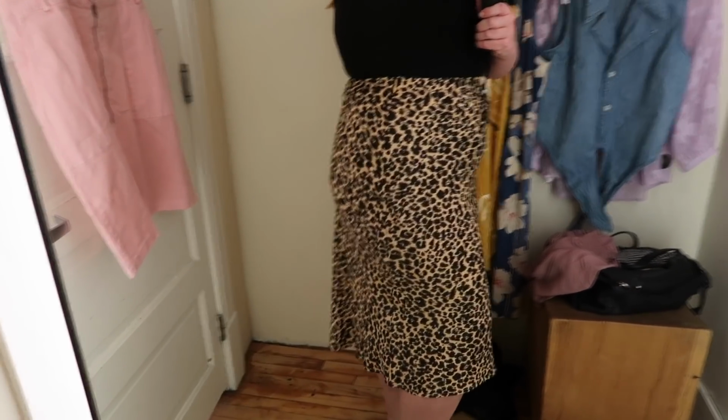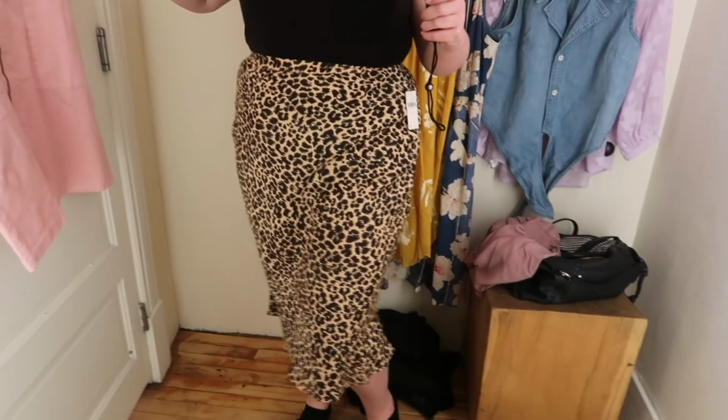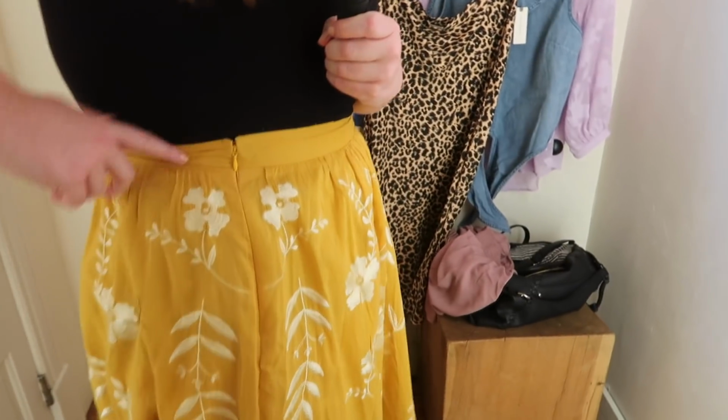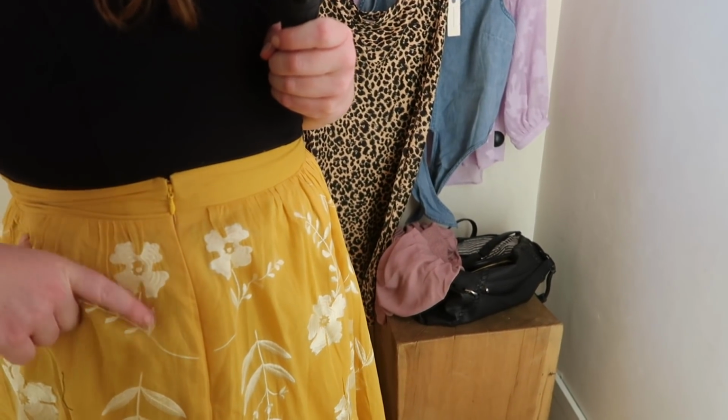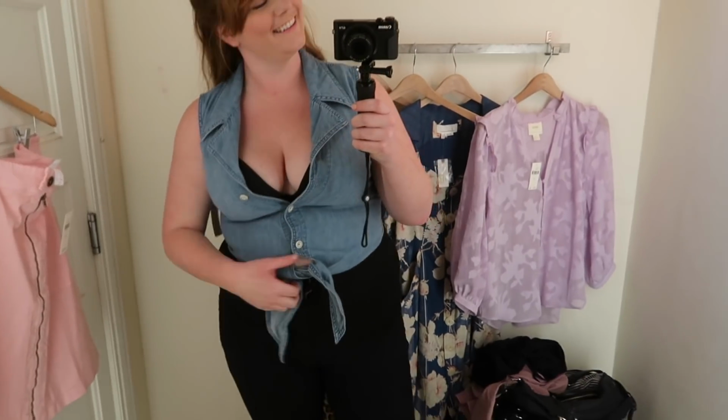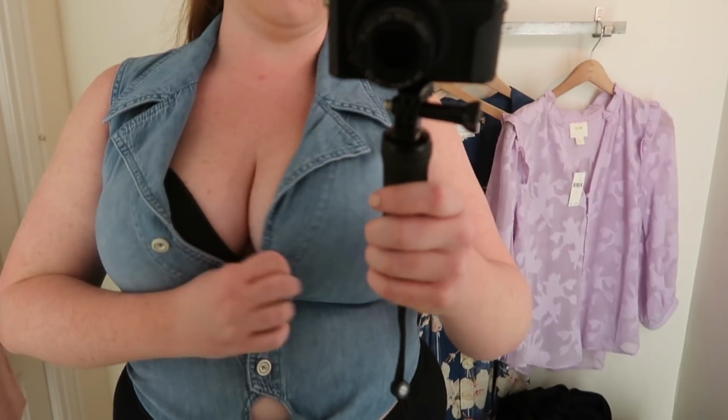Okay, I know a lot of these did not fit me. I'm aware that these were probably not made for plus size bodies, just larger, straight size bodies. So I kind of knew going in that I should have low expectations, but I did want to mention like the quality did not match the price point. But maybe in the future I will try the actual plus size line at Anthropologie to let you know all